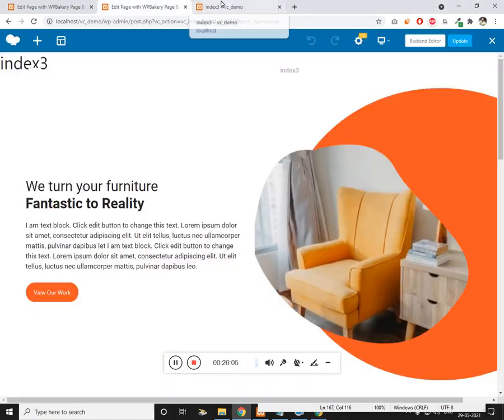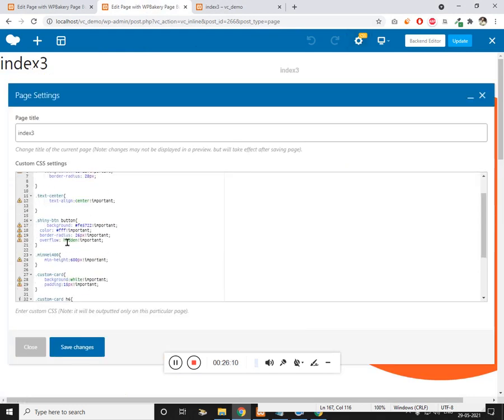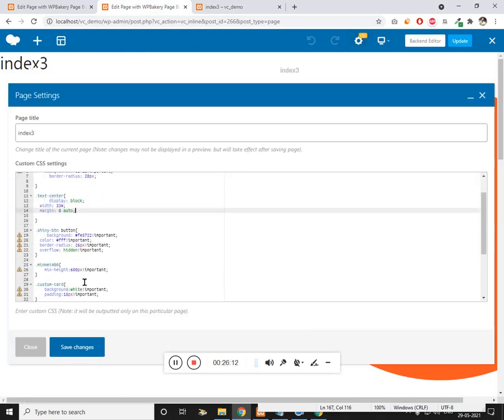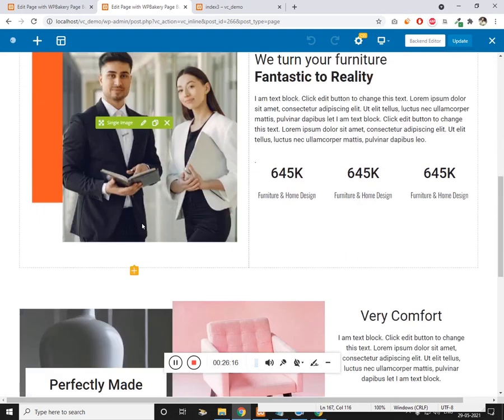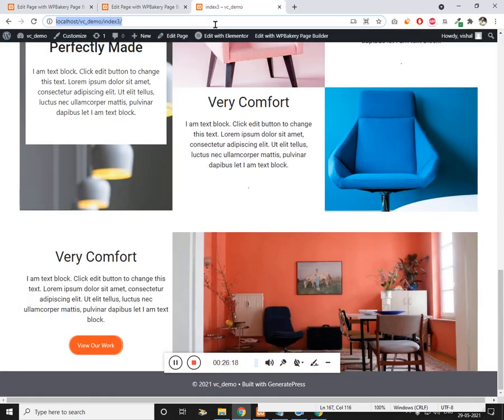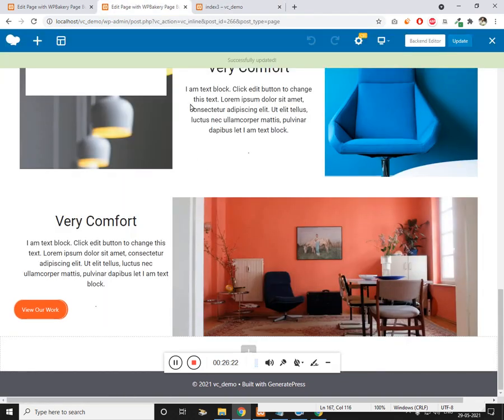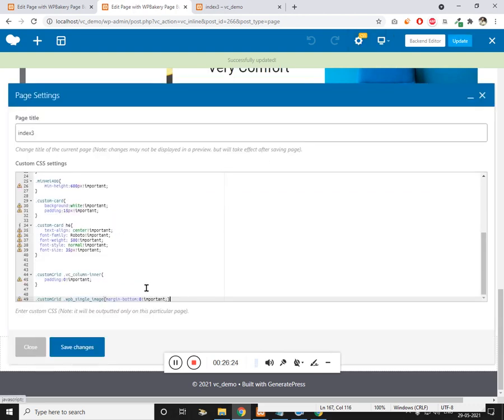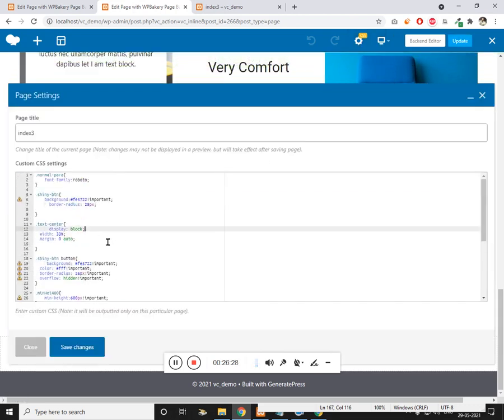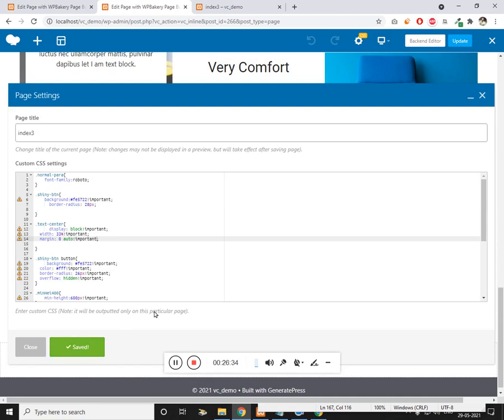So let's get to this, and we have created text center, and just place this. Click on save, click on update. Let's refresh again. Let's try to give important. Click on save, and now here you go.